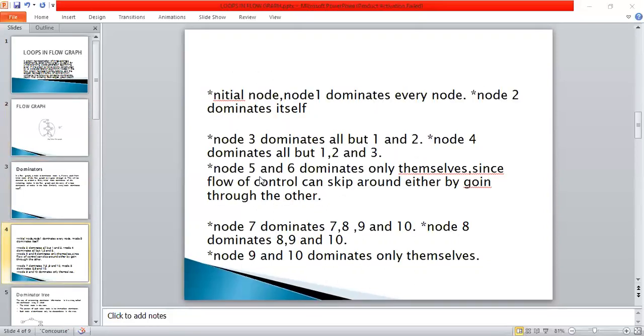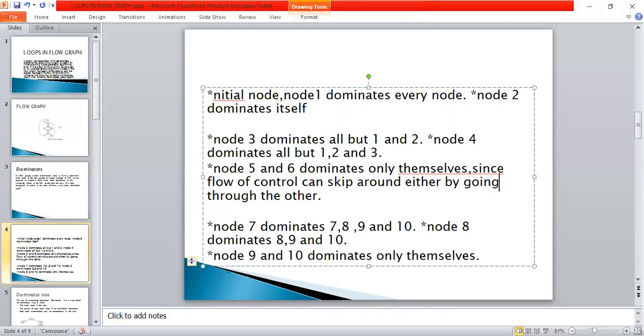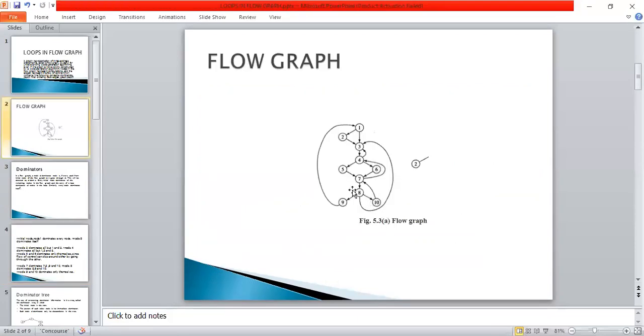Similarly, nodes 5 and 6 dominate only themselves. Dominating themselves means the flow of control can skip around by going through another node. Here observe nodes 5 and 6. We are saying nodes 5 and 6 dominate only themselves. Why? If the root information is passed to the remaining nodes through 5, then we could say that 5 is a dominator to these nodes.